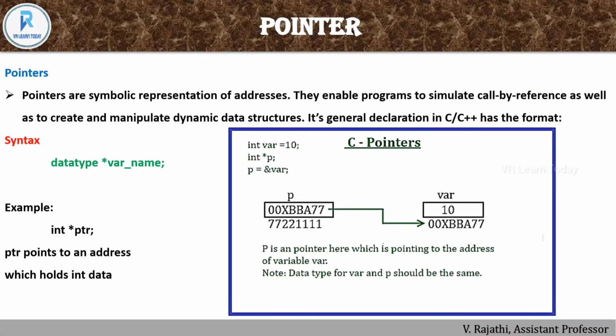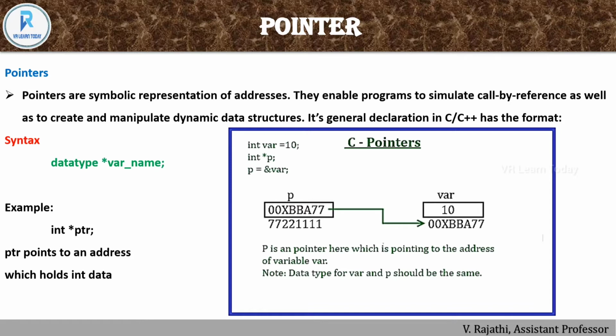And next, pointer. A pointer is a symbolic representation of addresses. They enable programs to simulate call by reference as well as to create and manipulate dynamic data structures. It's a general declaration in C, and C++ has the same format. So this is the syntax.